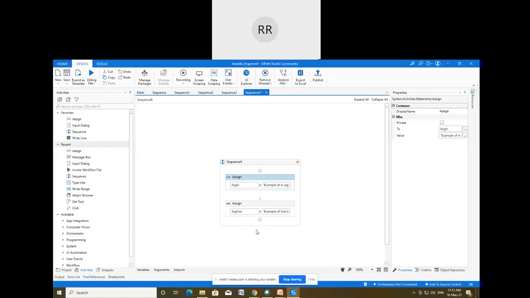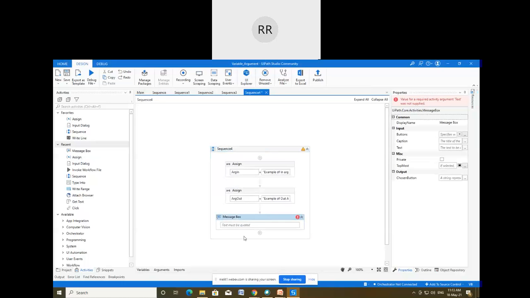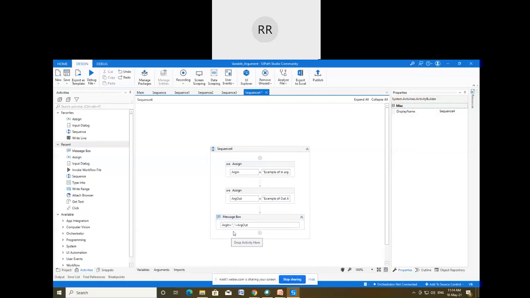Now we'll connect one message box so that we can display the message of argument in and argument out. So arg in plus, comma separated, I have provided a comma between the two, and then plus arg out. It is done. So this is our one sequence file.